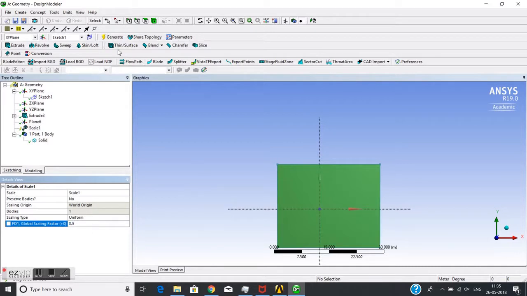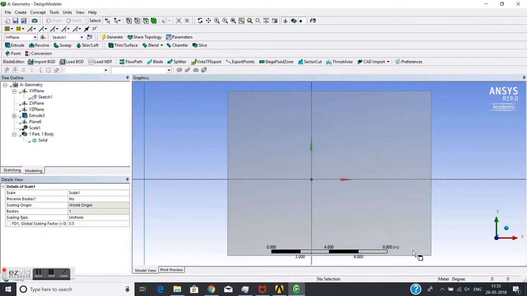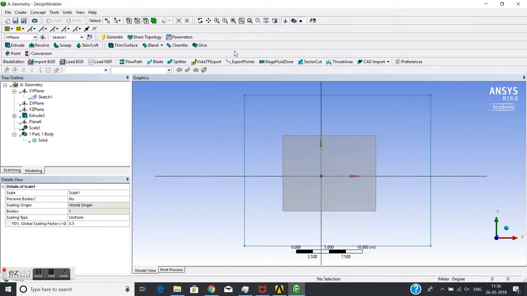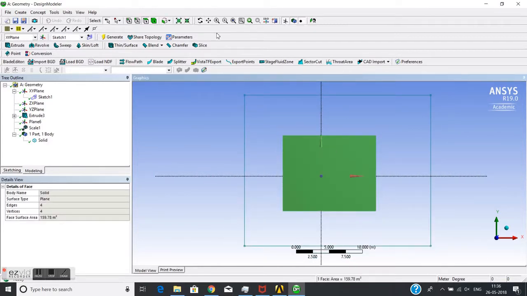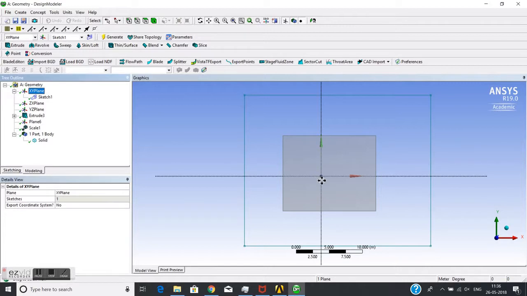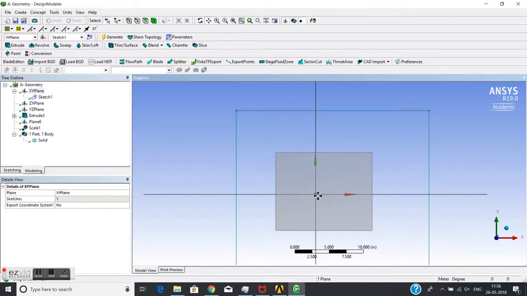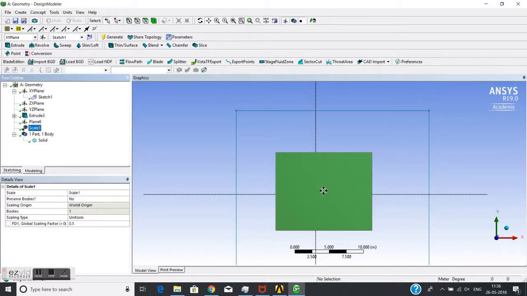generate. If you see, its size is reduced and it is visible by this bar also. You can see it is reduced. So this is the way you can do the scaling operation. And now if you see, the XY is also moved relative. The origin